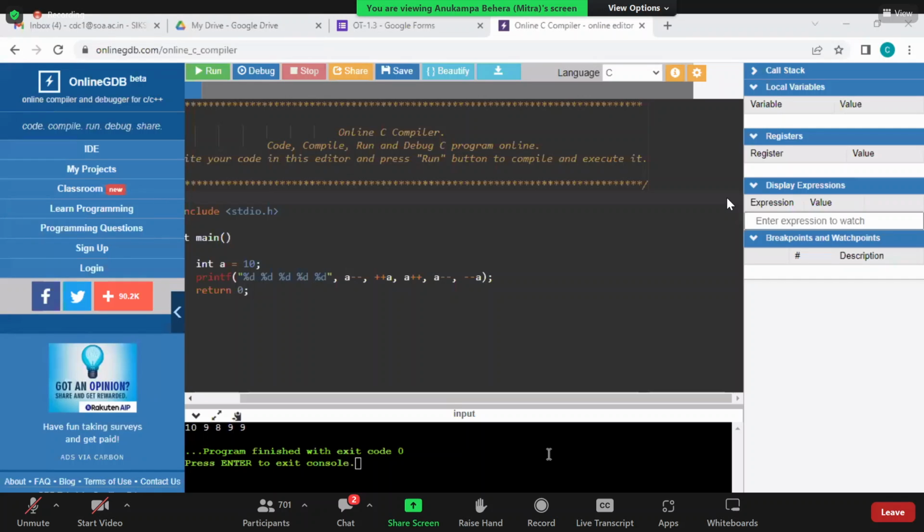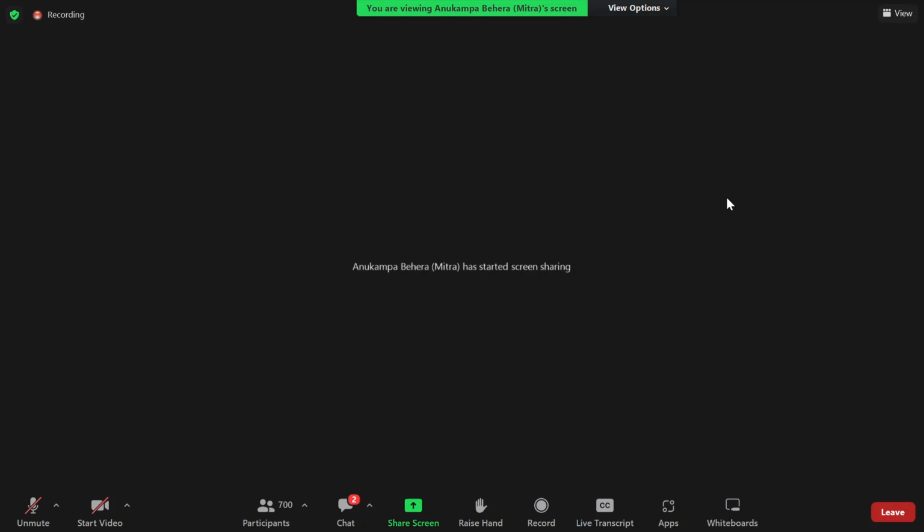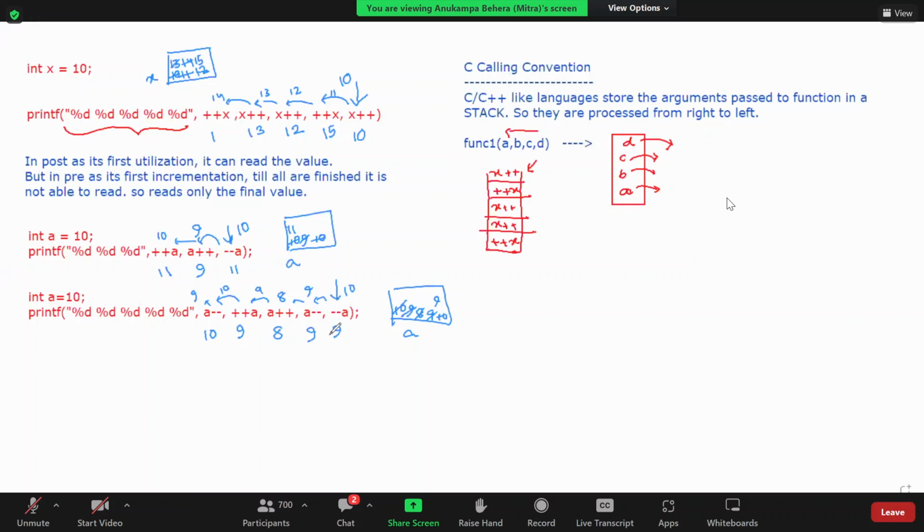9 9 8 9 10, हाँ 9 9 8 9 10 कहाँ पे हुआ, दिस इज 10 9 8 9 9, प्रिंटिंग कहाँ से होगा, प्रिंटिंग तो लेफ्ट टू राइट होगा ना वरुण, प्रिंटिंग किसको करता है, ये तो इससे प्रिंट कर रहा है, स्ट्रिंग प्रिंट होगा लेफ्ट टू राइट। आपका कैलकुलेशंस विल बी फ्रॉम राइट टू लेफ्ट, प्रिंटिंग इज लेफ्ट टू राइट, समझे।